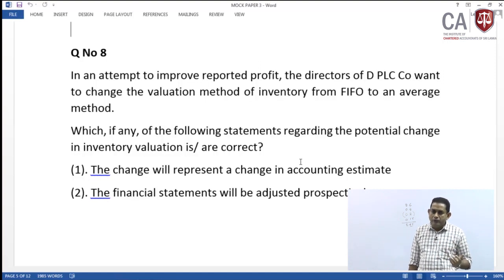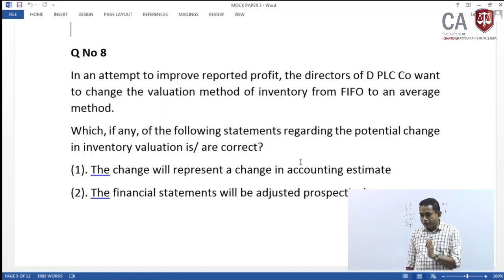Why? That is relating to the valuation methods of assets. If you change over from the FIFO method to the average method, your financial statements need to be restated and you need to apply retrospective application. You should apply the new accounting method for the inventories to make it look as if it was the new method that has ever been in use in the practice, not the old one. It has to be corrected.